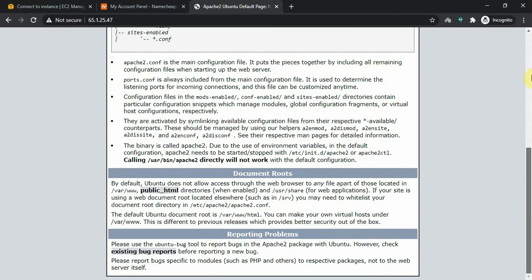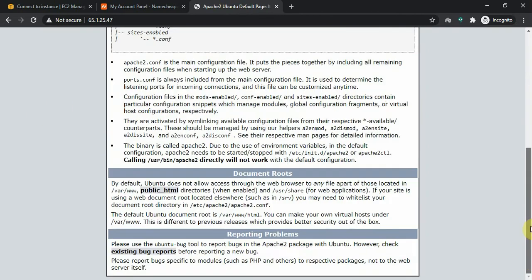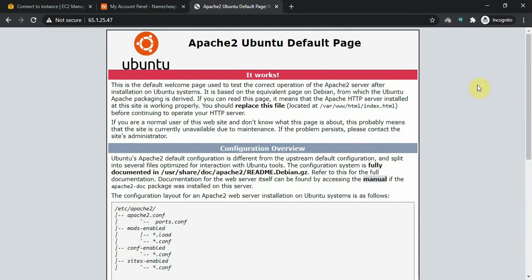All things are done here and no issues. Okay, now we don't need this page. We need our server to host our HTML and CSS files which we want to host, right?